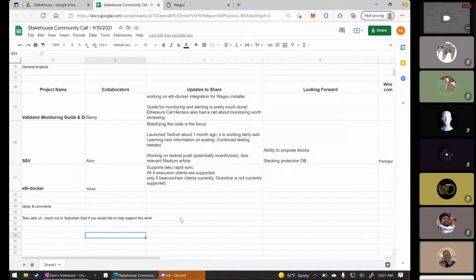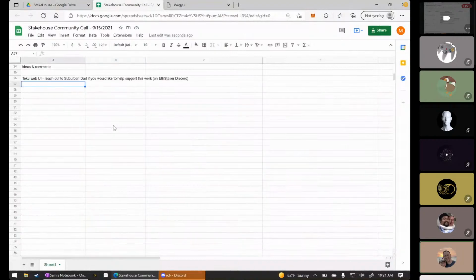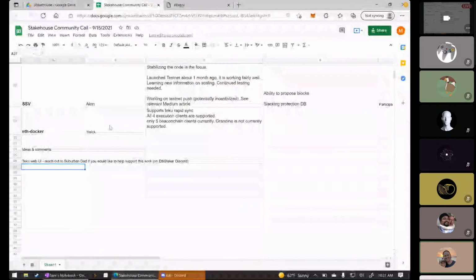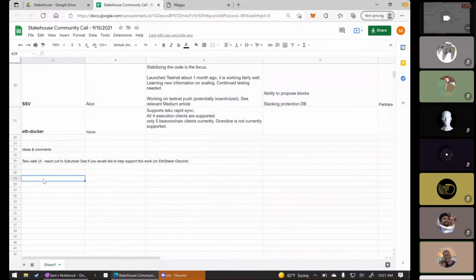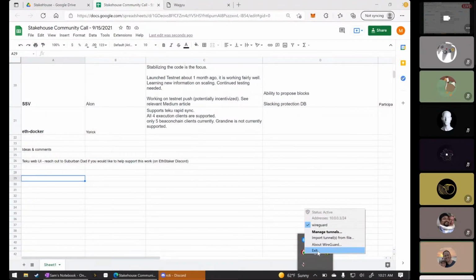Cool. So the next bullet point that I want to cover is a new bullet point in the agenda, and why it's important, and then note a few different things that are going on in the space. So first to kick things off, Superfizz, can you talk about client diversity a little bit and why it's important and why we're focused on it right now? Yeah, so